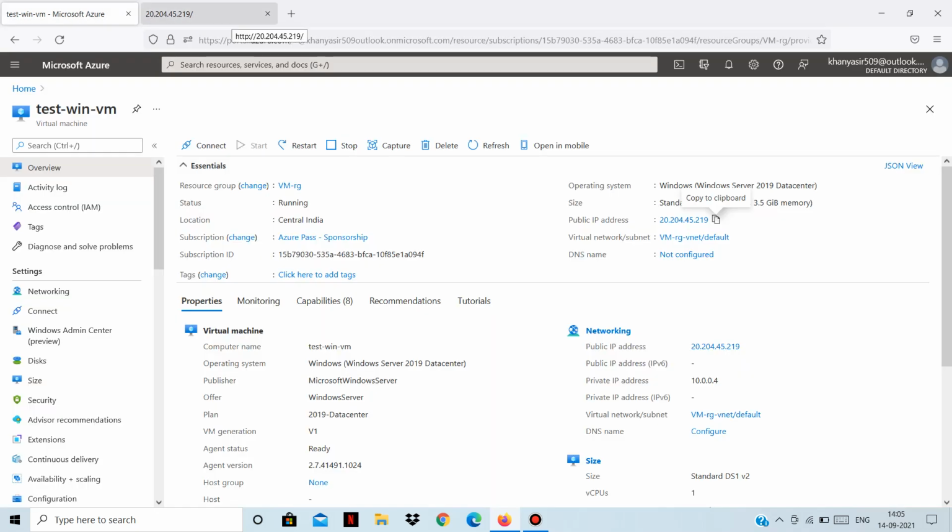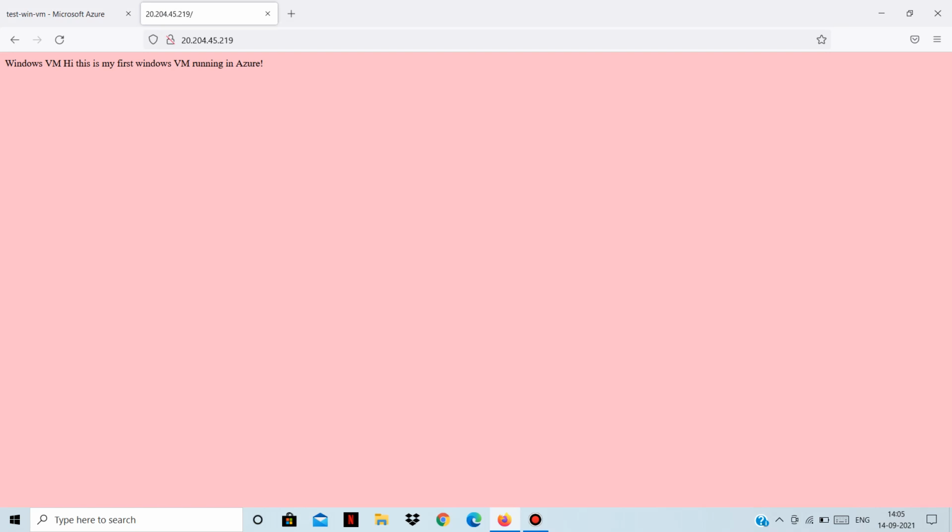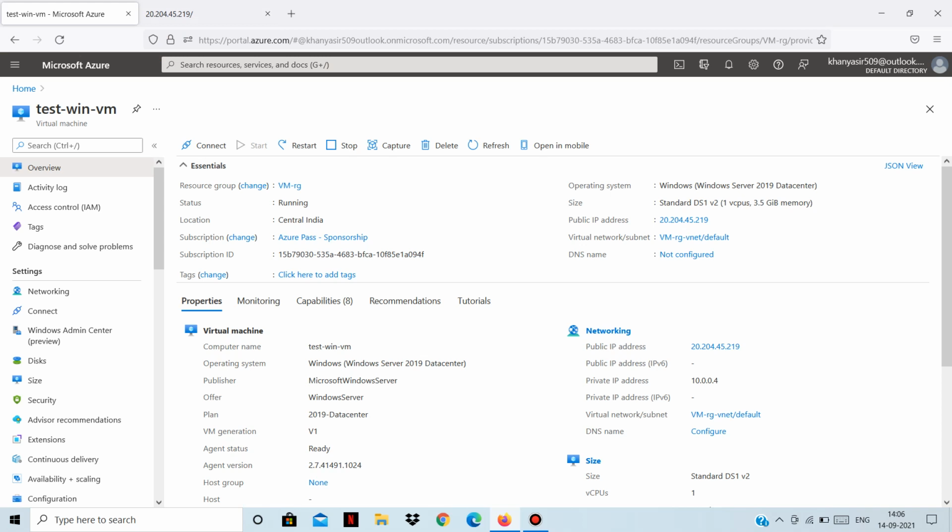This is how you can do the whole process: first create a virtual machine, install the web server, and then deploy your website, and then finally access your website with the rule, because now we have a rule in place to access the virtual machine. So now our traffic is allowed to access the web page.